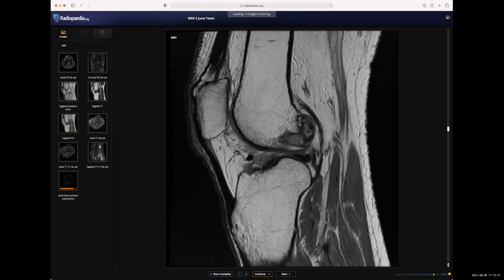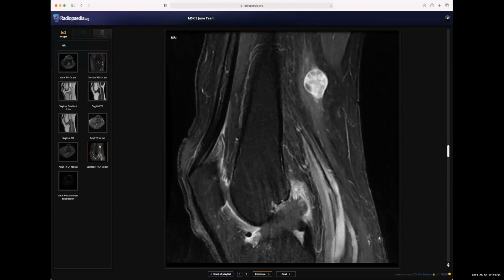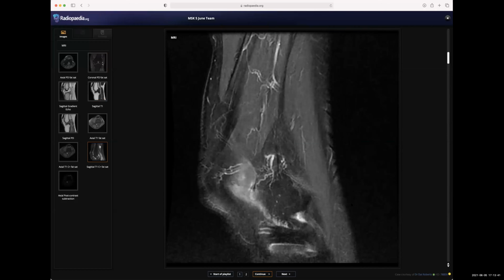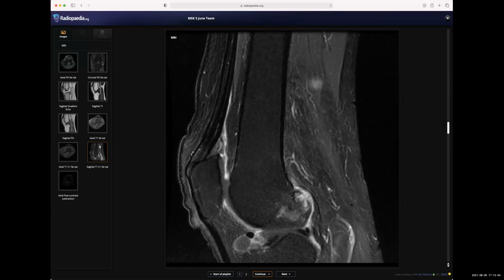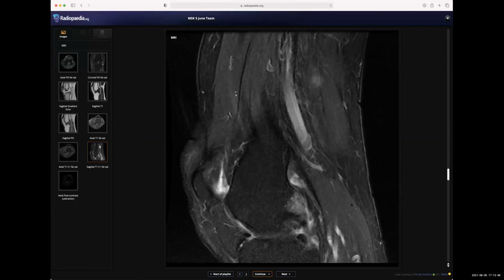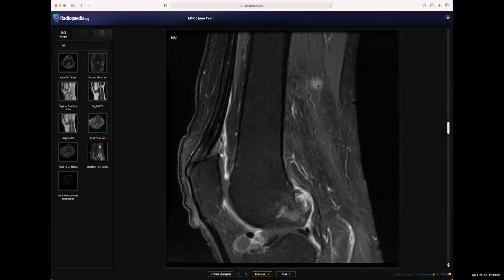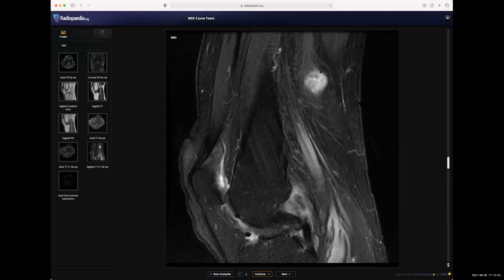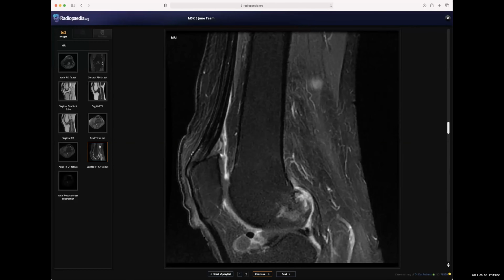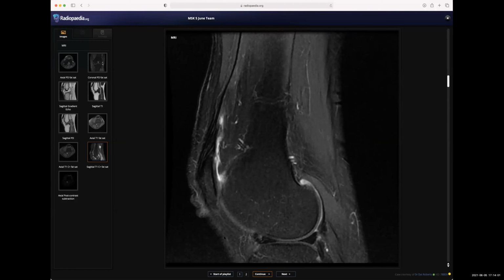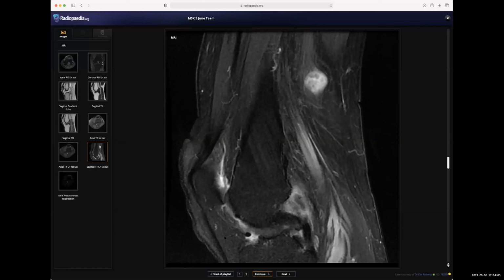Do you want me to see the contrast as well? Yes, please. Okay, let me see the contrast ones. So now I'm going through the contrast images, and I can also see something which I have missed in the native sequences. There are certain enhancing lesions in the muscle planes on the posterior aspect, and another enhancing lesion in the anterior aspect of the knee. If I may correlate it with the